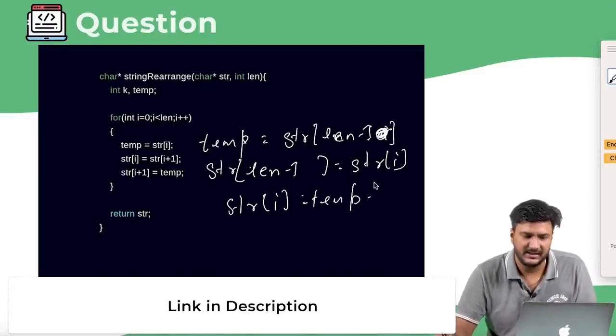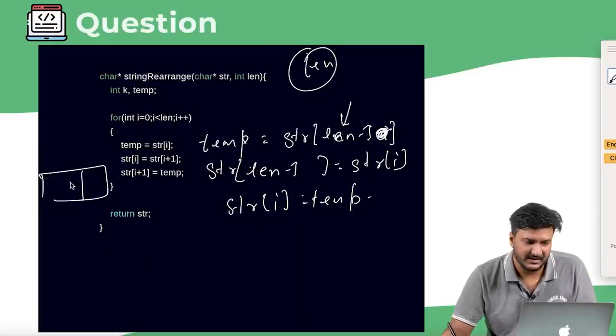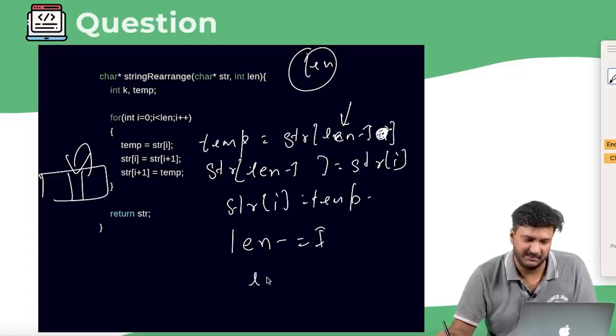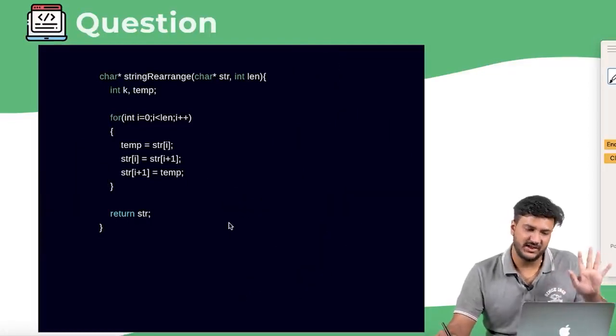So I have recreated that, but I need to reduce my length also, so that next time when len minus 1 is being used, in the array the second last element is used, right? So in the last line, I would add len minus equal to 1. That is basically nothing but len is equal to len minus 1. That's exactly what you want to do, changing all of these lines.